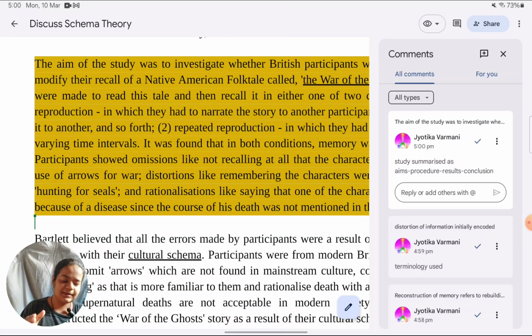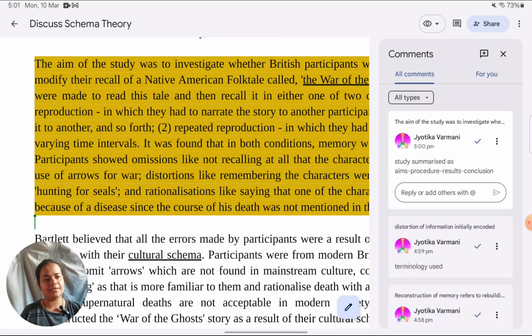There is a criterion at the end, as you know, criterion E, clarity, in which it is mentioned the examiner should not have to keep on rereading the material to understand it. When you don't give studies in this format, aim, procedure, results, conclusion, the examiner has to keep going back to understand, okay, what was the aim, what was the procedure? That shouldn't be the case. So wherever there are some easy rules to follow, it makes it easy for you also to remember. It's not just for the examiner. You don't miss out on anything when you remember in this format. Follow those rules, stick to them, just to make it easy to score on the last criterion as well,